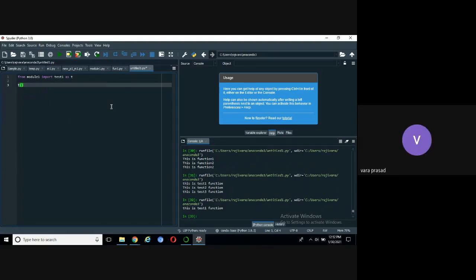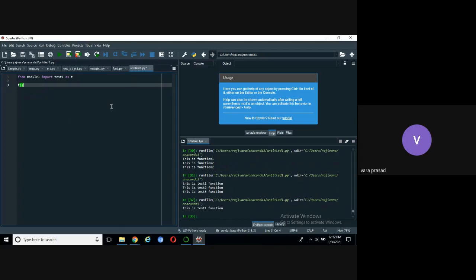Any other questions? So far, we discussed many concepts in Python. We started with Unix. Then we discussed algorithms, some problems, and the problem solving skill set. Then introduction to Python, how to install Python and the Anaconda platform.